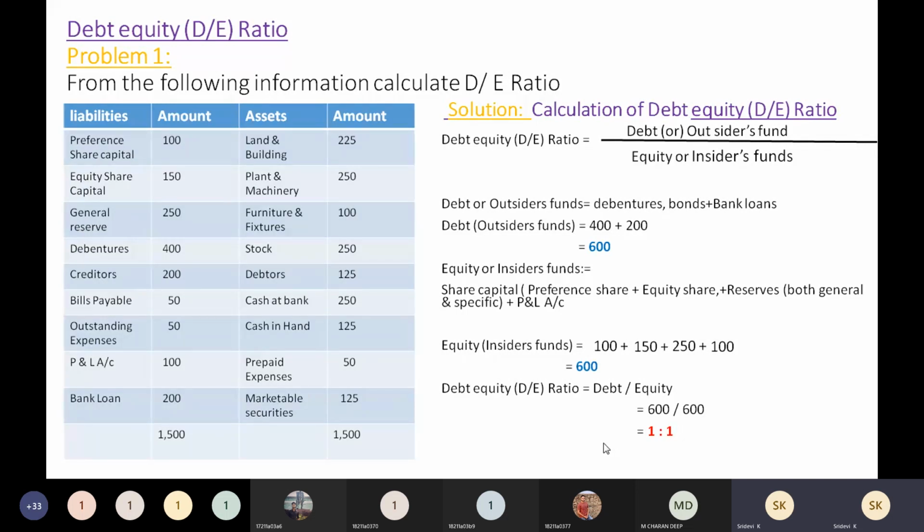So this is satisfactory. Write the comment there. I missed the comments for all the models. You try to add that comment below. Keep an interpretation or comment heading like that, and you write there: debt equity ratio, the standard ratio is 1:1 and the calculated ratio is 1:1. Hence, the solvency position of the company is satisfactory. So like that, you have to add 2 sentences for each and every calculation of ratios, right?